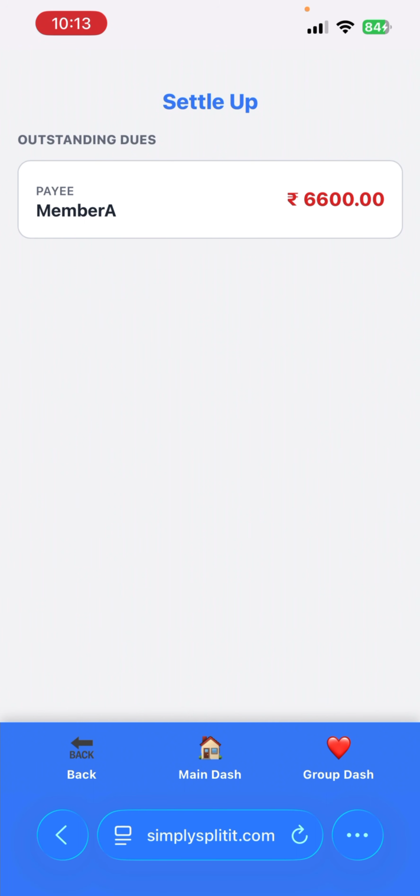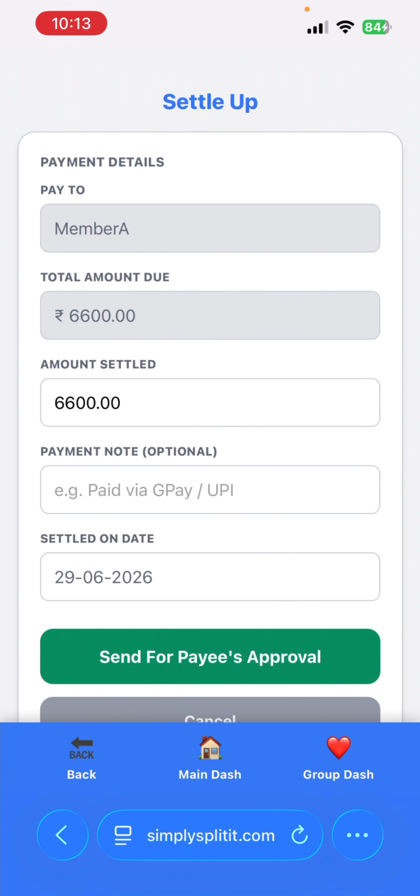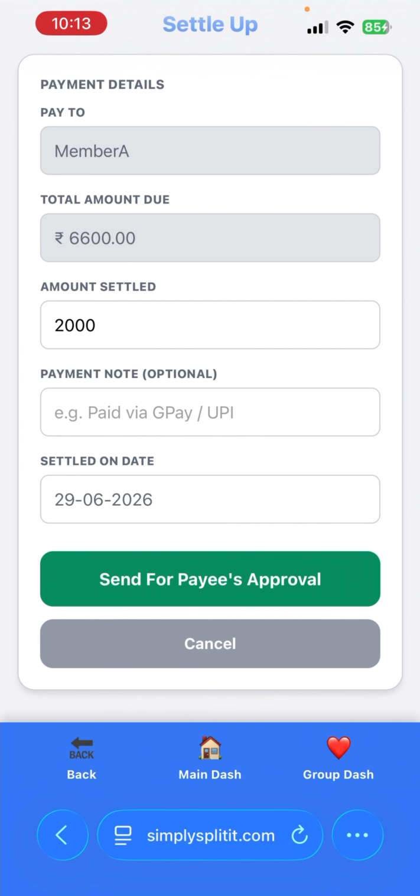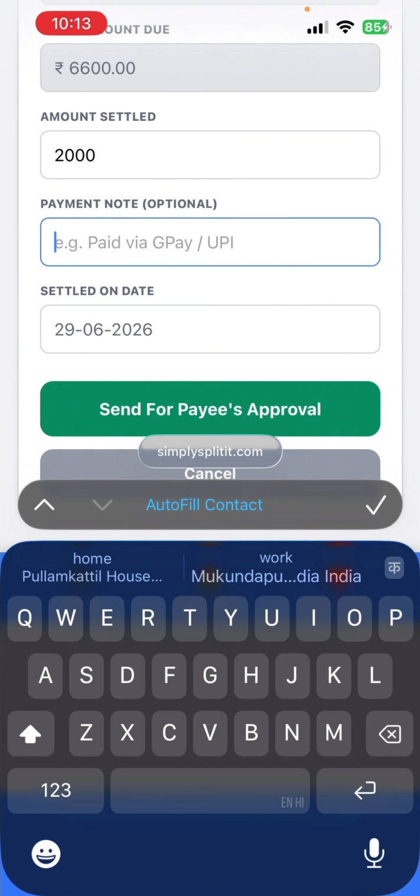So once I click on that, it expands to show this particular form, and here we see that the total amount due is 6,600 and the amount settled. That is where you can click and change. Like if you want to pay right now only 2,000 rupees, then you enter 2,000. The second option is optional. You can say that you have paid by cash or UPI, whichever way. So here I'm entering cash,